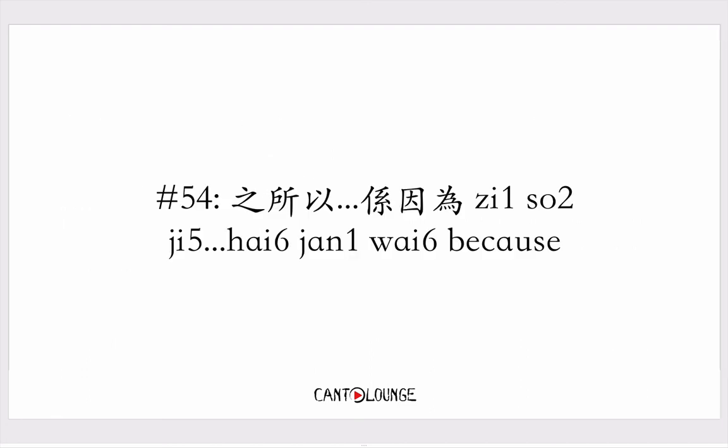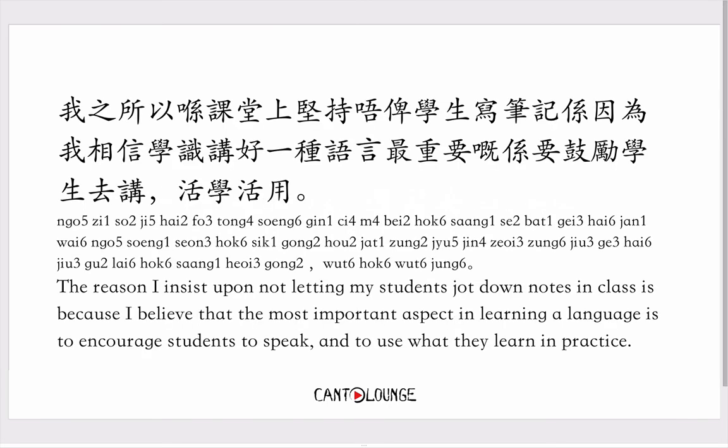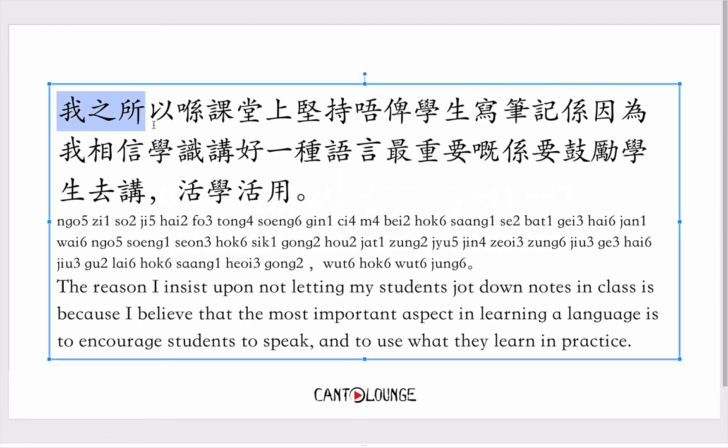Moving on. 之所以係因為, the reason I did this was because. Having a look at an example, a long one. So this might be something a language teacher might say, a deliberate insistence to disallow his or her students to take notes. So the teacher might say, 我之所以喺課堂上堅持唔俾學生寫筆記，係因為我相信學識講好一種語言，最重要嘅係要鼓勵學生去講，活學活用。So 我之所以, the reason I, 喺課堂上, in class